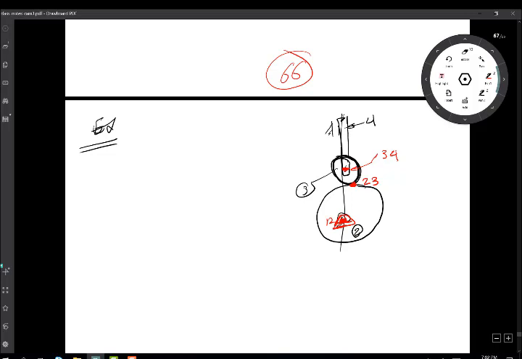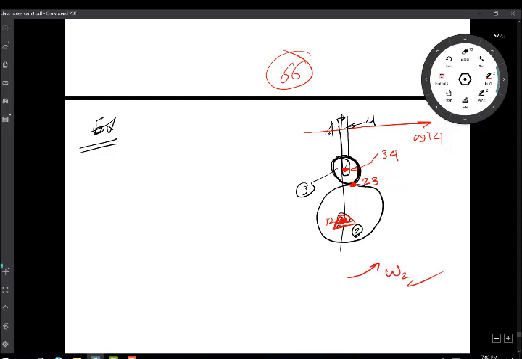Straight away, it simplifies things a fair bit. And now how about 1 and 4? 4 slides on 1, so it has to be 1, 4 has to be at infinity. That's 1, 4. So now, if I want to find the velocity of the cam, let's say omega 2